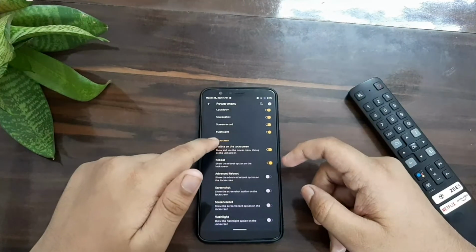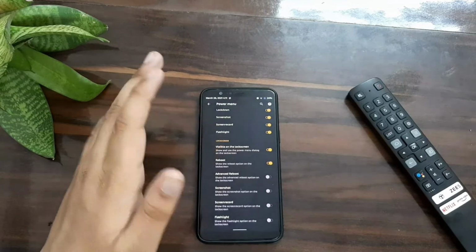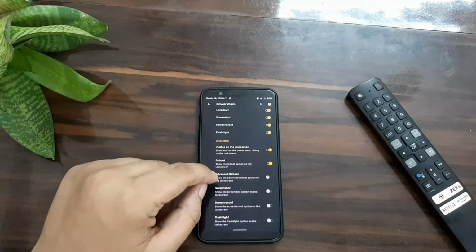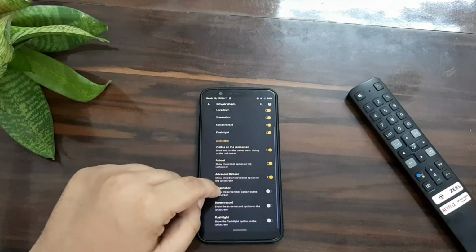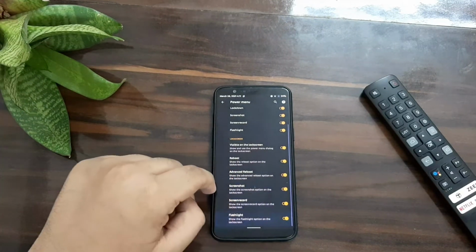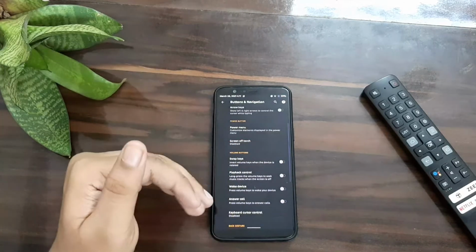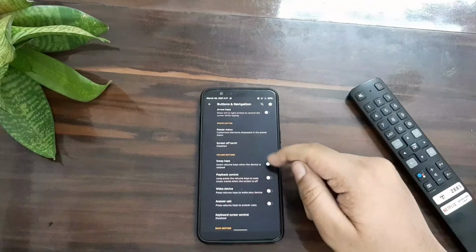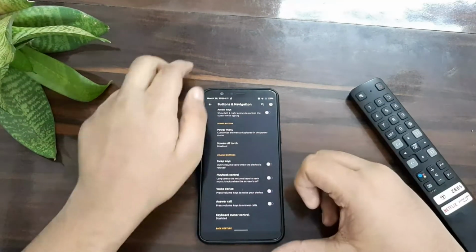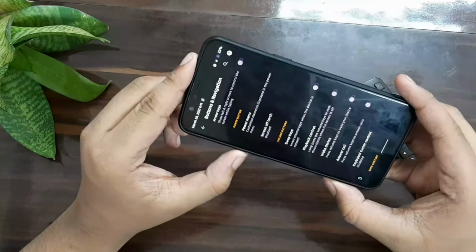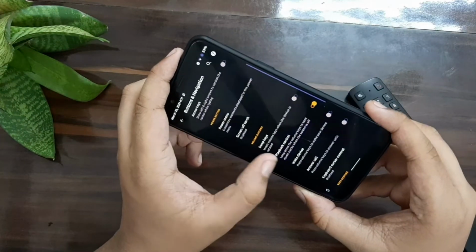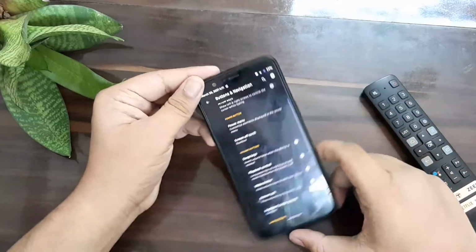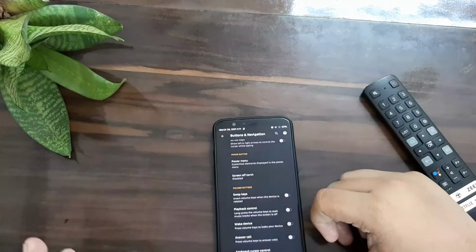And you can see here's the lock screen visible option, if you want to show it on the lock screen or not. So you can show it on the lock screen, reboot option also, advanced reboot option also, screenshot, screen recording also there, and flashlight as a separate option for lock screen and separate for home screen also. And you can swap keys for volume while you have inverted it. So this volume button will go down, it will decrease your volume, and if you do this on the downside it will increase your volume. And you can do playback control like this.